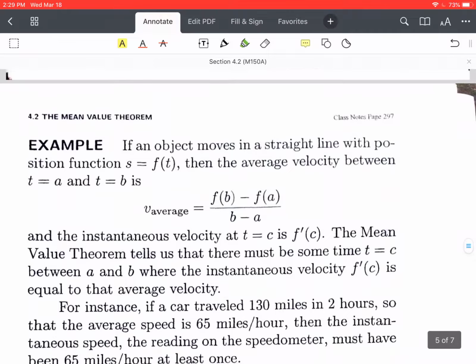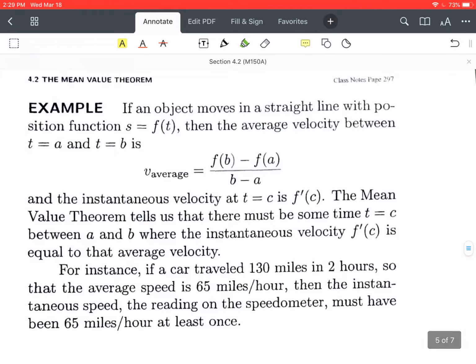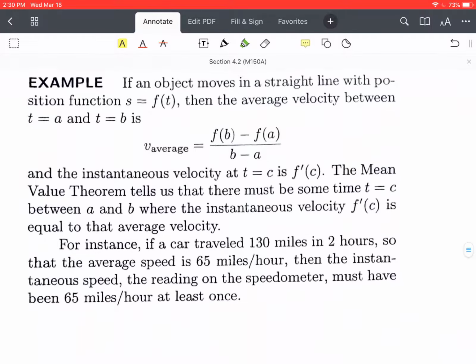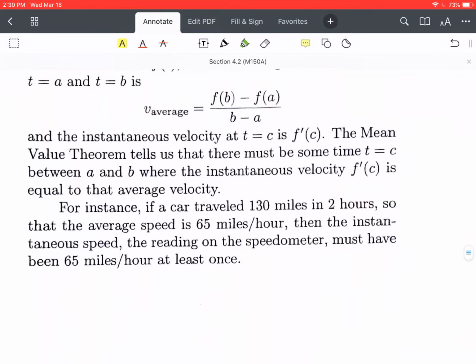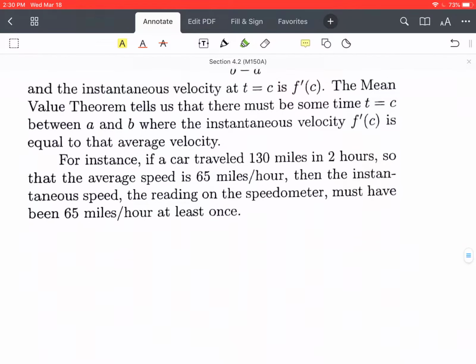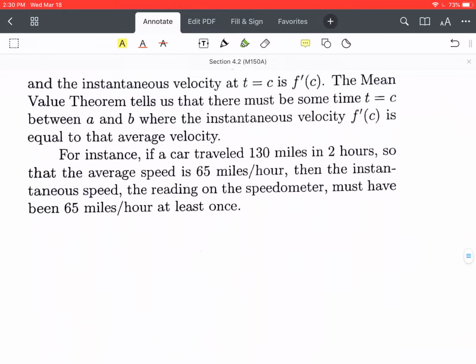One application of the mean value theorem is, of course, with motion. Particularly when we talk about velocity. If an object moves in a straight line, then the average velocity must be equal at some point to the instantaneous velocity on this interval. So, for example, if a car traveled 130 miles in 2 hours, the average speed is 65 miles an hour. That means that at some point during this drive, they must have been going 65 miles an hour at least once. Right? They might have been going 25 miles an hour stuck in traffic, and then they go 85 miles